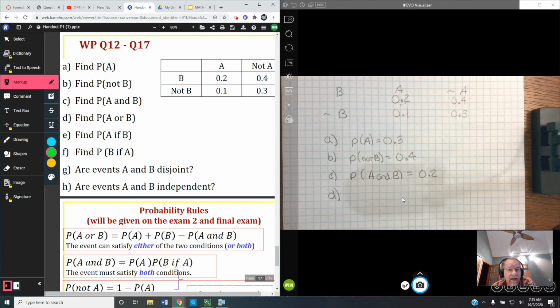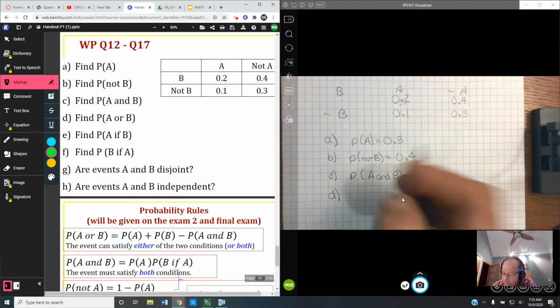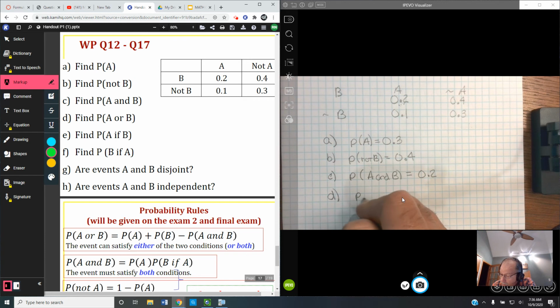D, this is an A or a B situation. Okay, so now I need the A or B situation. So now I got to actually do a little bit here. I got to do the probability of A plus the probability of B minus the probability of A